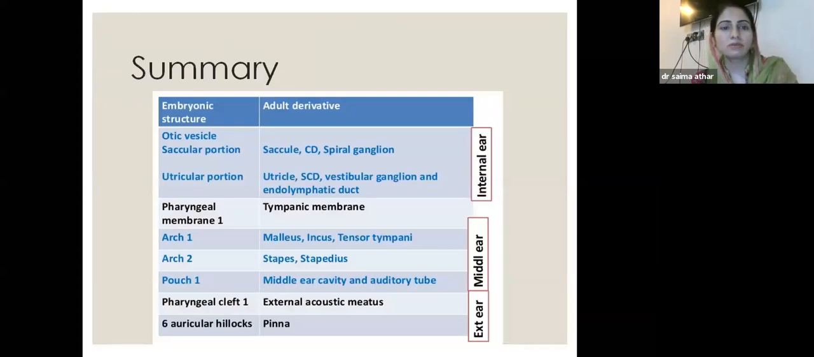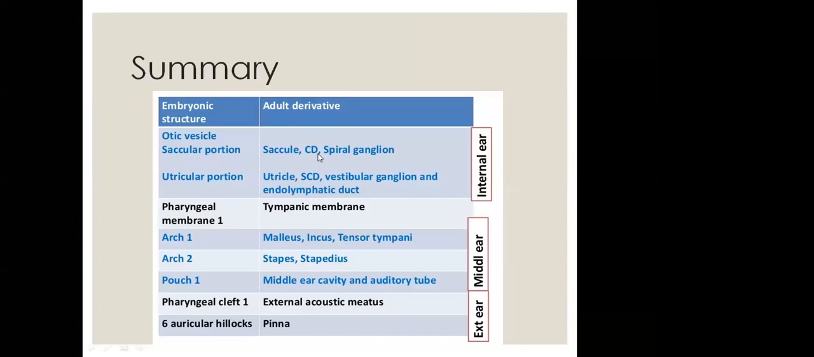Just a summary of what we have discussed: the inner ear, the middle ear, and the external ear. They are all derived from different structures. The inner ear is derived from the otic vesicle, which in turn is derived from surface ectoderm. This divides into saccular and utricular portions. The saccular portion forms the cochlear duct, and the utricular portion forms the